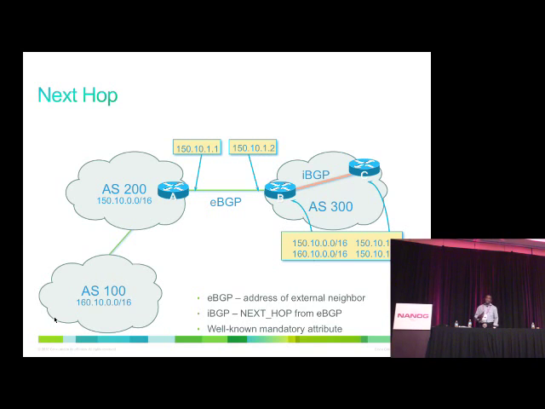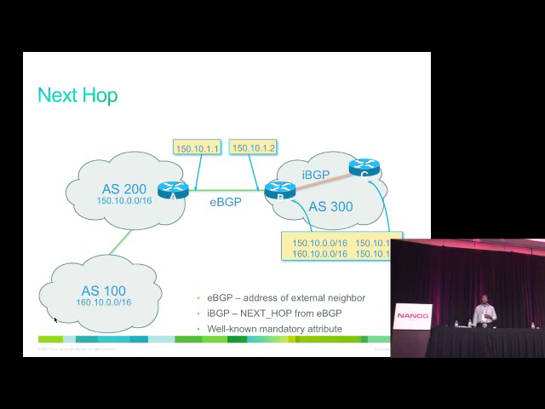So next hop in the case of eBGP is the peering address. For example, if you look at this, C has received 2 updates. The same thing with B. B has received 2 updates. In the case of B, the next hop points to 150.10.11, which is the peering address of B to the eBGP peer where the route is